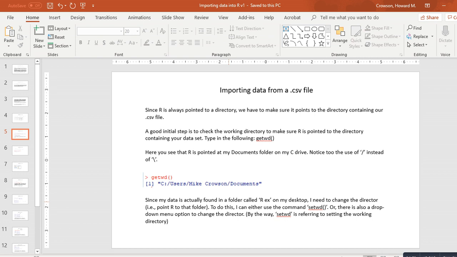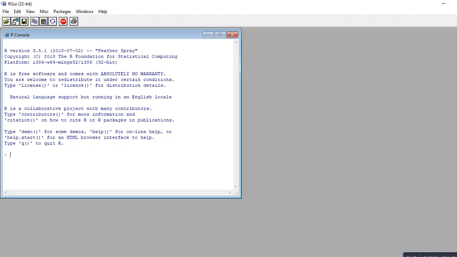And what you're going to want to do is to essentially point R to the directory that contains the data set that you are trying to import and ultimately work with. So remember what I just said, that R defaults to a certain directory. And so what I want to do first off is get an idea about what directory it's pointed to. So I can start off with a fairly basic command, which is type in getwd,